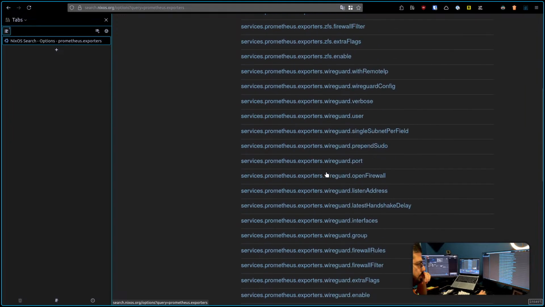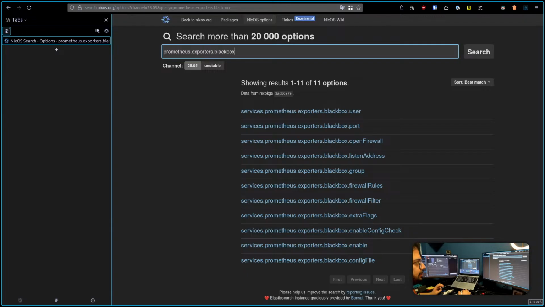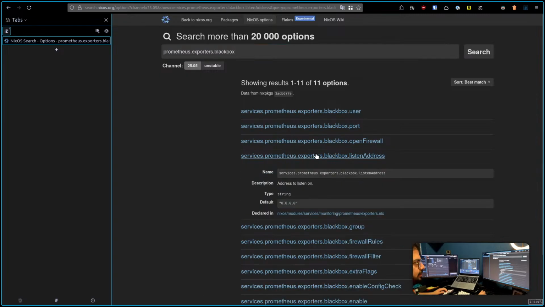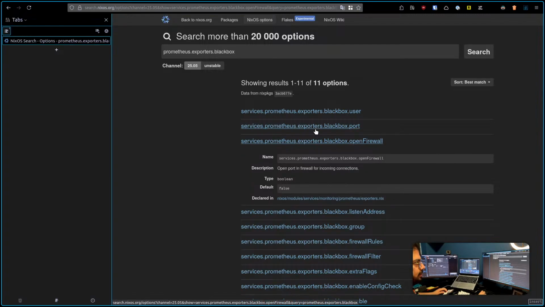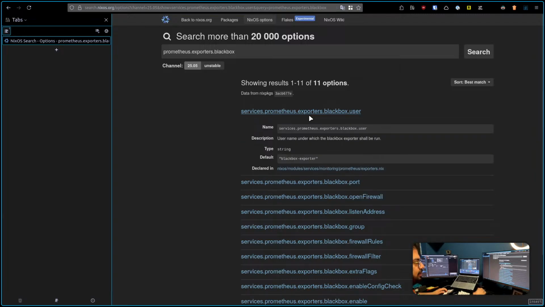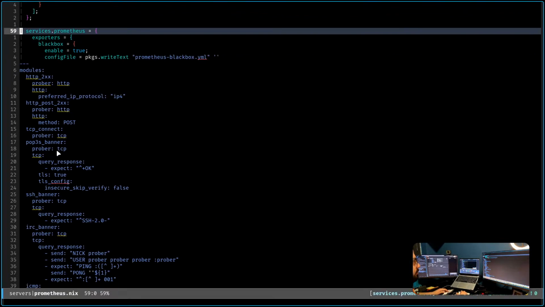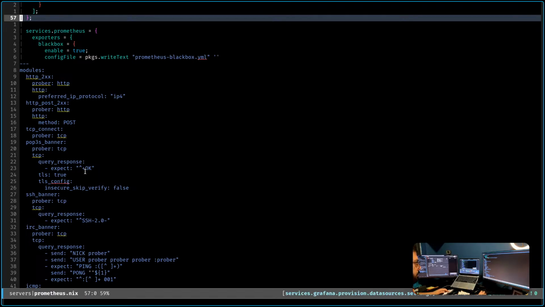So these you can define manually, right? What is blackbox? Hmm. Okay, let's skip this one for now.